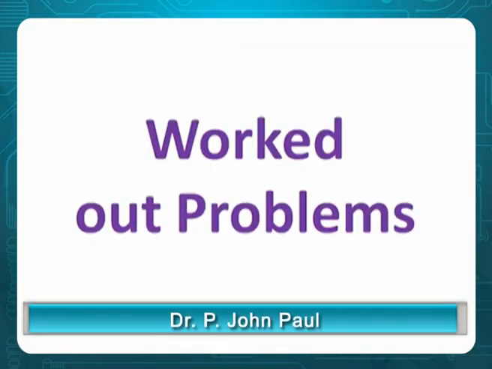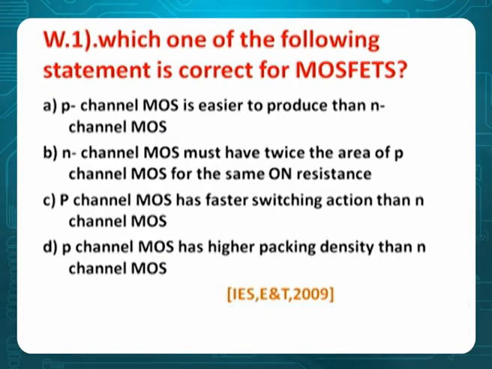Let's go to worked out problems in this topic. Problem 1. Which one of the following statements is correct for MOSFETs? A. P-channel MOSFET is easier to produce than N-channel MOS. B. N-channel MOS must have twice the area of P-channel MOS for the same on resistance. C. P-channel MOS is faster than N-channel MOS. D. P-channel MOS has higher packing density than N-channel MOS. This is given in IES